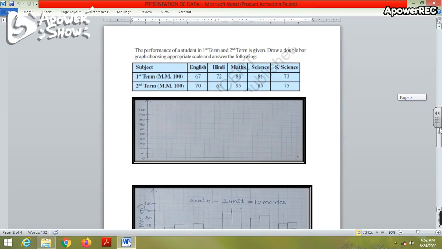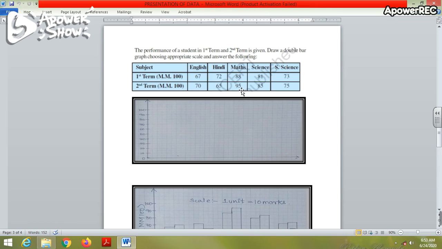So here we have information about the performance of a student in first term and second term, and we have to draw a double bar graph. So before drawing a double bar graph, we have to choose the scale. Here the marks obtained by the student are less than 100. So either we can choose our scale as 1 unit equals 10 marks, or I can choose 1 unit